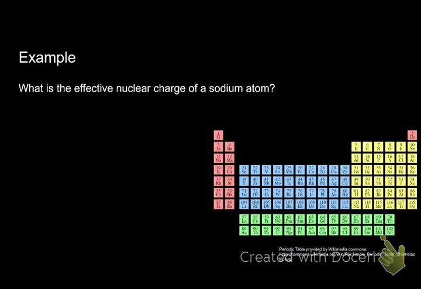In this case, our example is going to be, what is the effective nuclear charge of a sodium atom? So first thing we want to do is find sodium on our periodic table, and it is right here. It is going to be our atomic number 11, our Na. So our equation is going to be our effective nuclear charge